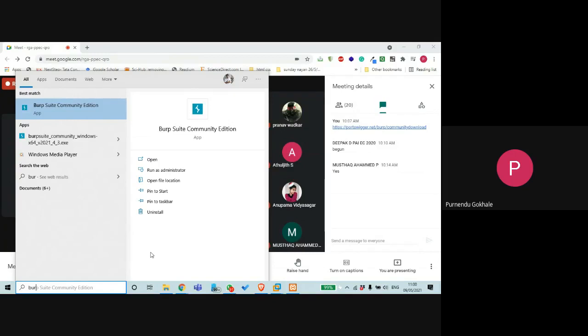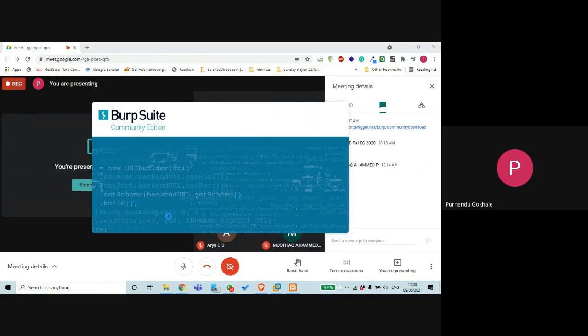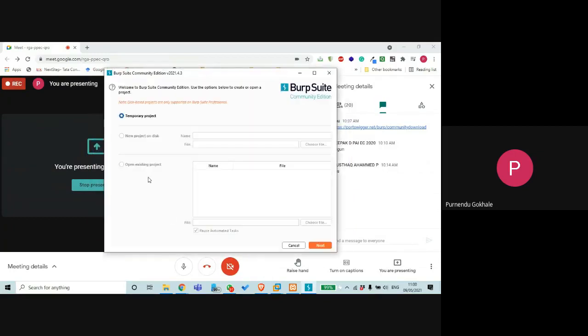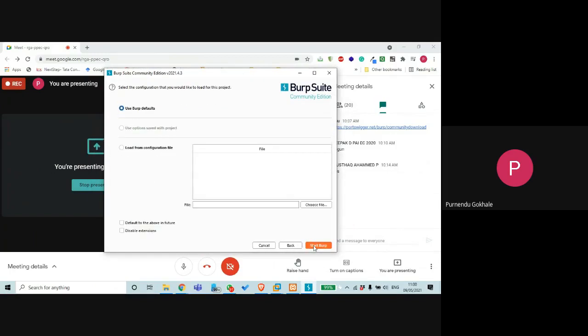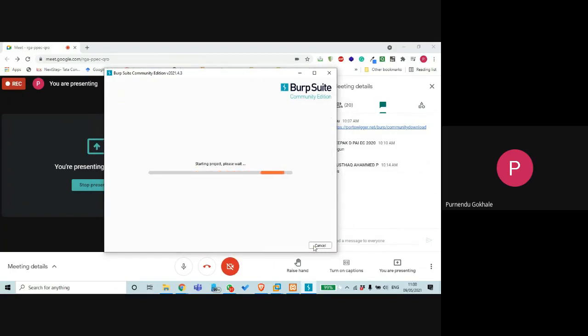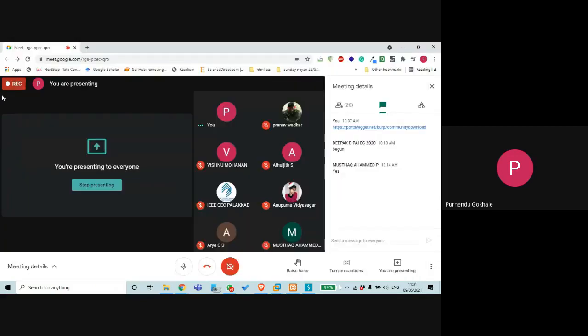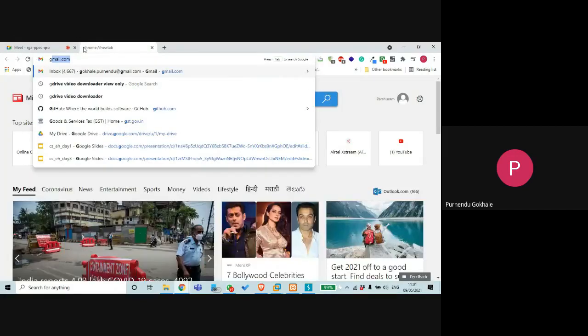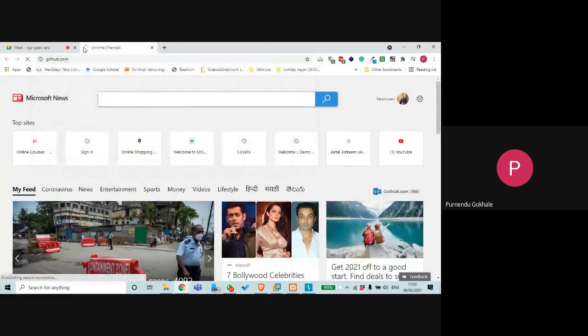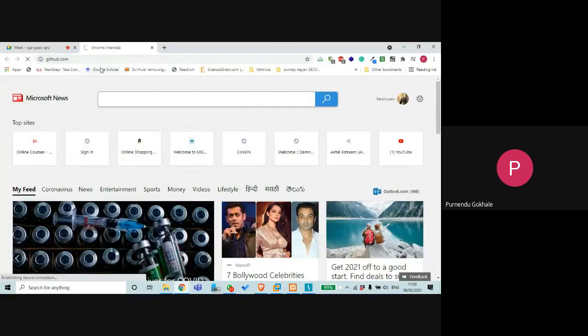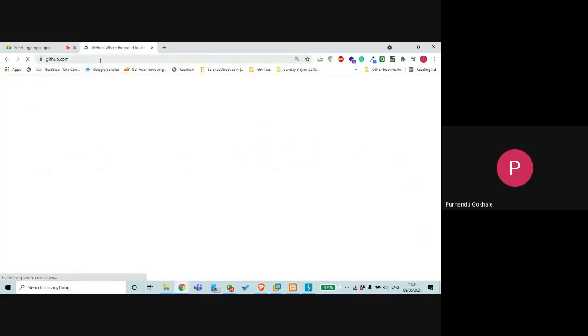So let's see. First we'll go with Burp Suite. I'm opening a temporary project now, and we'll start Burp with default settings. What Burp does is, if I open a website, for example github.com, a lot of things are happening, that is, a lot of requests are being sent from my browser to the server, and for that I get a particular response.